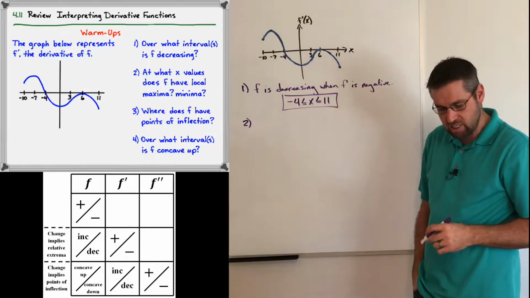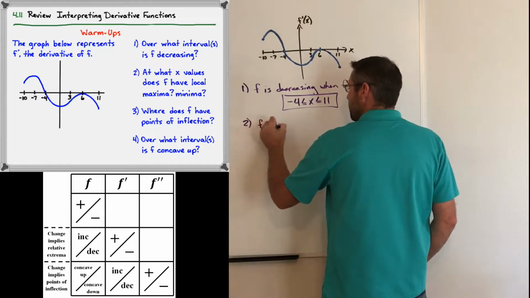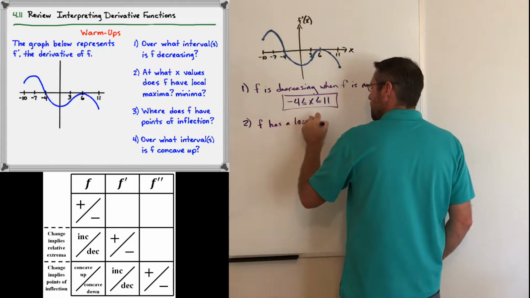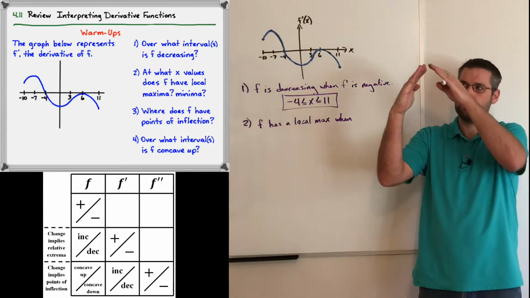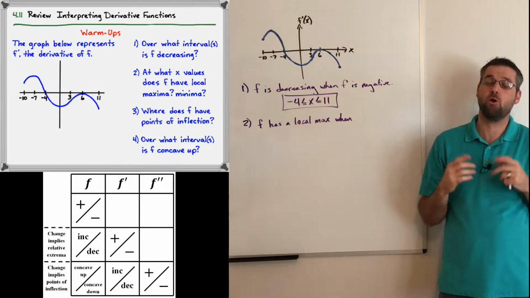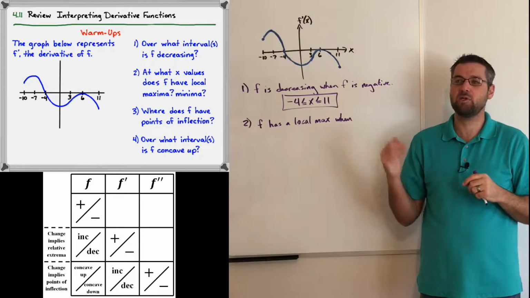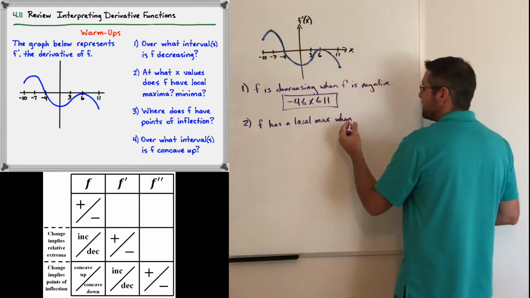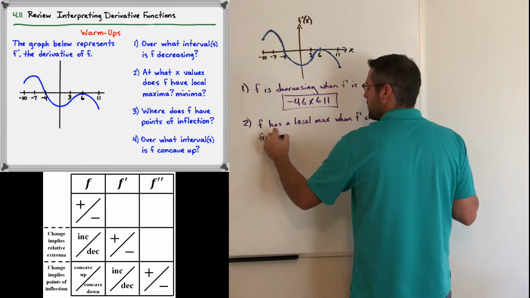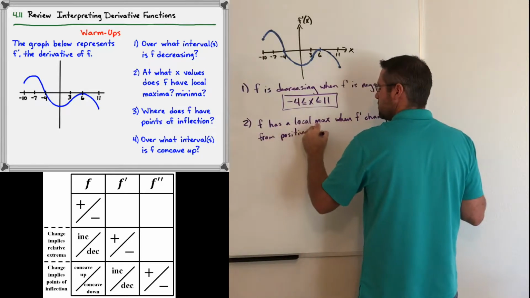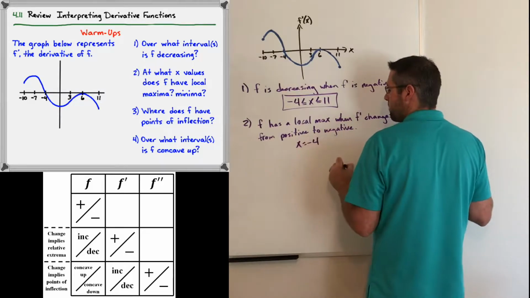Number two, it says, at what x values does f have a local max or a local minimum? Well, we would say this: f has a local maximum when, and again, let's look for justification. F has a local maximum when f changes from increasing to decreasing, or interpreting that in light of f prime, f changes from increasing to decreasing when f prime changes from positive to negative. So we'd say that we have a local maximum when f prime changes from positive to negative,